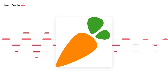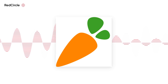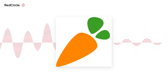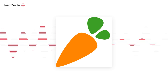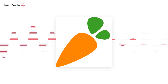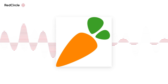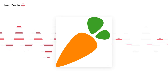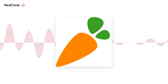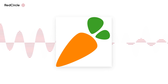Let's just say that if you are shopping through Instacart, you can still rate your shopper and see how they've done. If they've done great, you can give them 5 stars. If they haven't, you can give them a 2 or 1 star. So there's a rating based system on Instacart. You can just let them know how they performed, if they got the right items, if the quality of food was